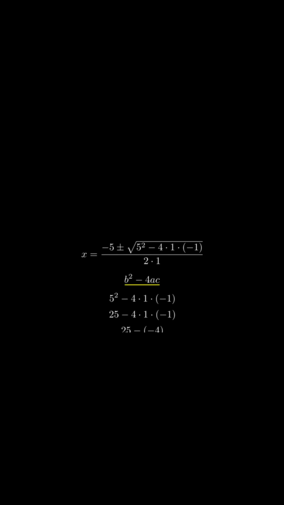Now we need to subtract negative 4 from 25. Remember that subtracting a negative number is the same as adding its positive value, so 25 minus negative 4 becomes 25 plus 4. Adding 25 and 4 gives us 29 as our final discriminant value. This is the number that will determine how many real